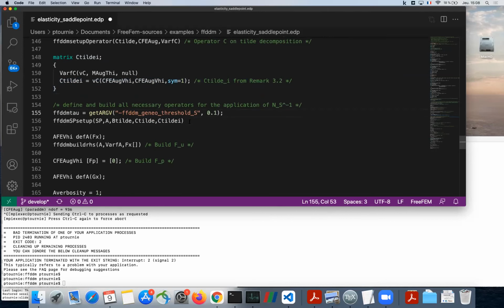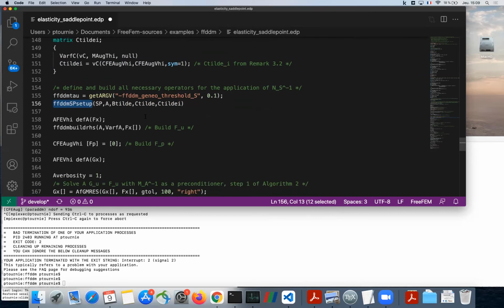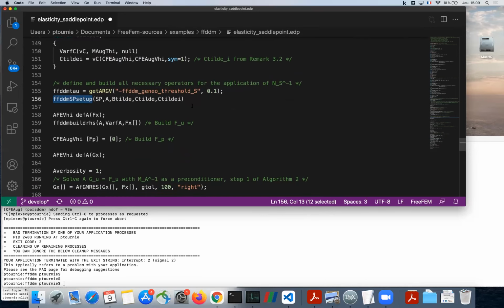Okay, and now the non-standard new stuff is embedded in this macro, which is also written entirely in the FreeFem script. So if you want to understand how we implemented it, you can look that up. But for now, we hide it from the user, so if you want to use this script, you don't have to go through hundreds of lines of code to understand how the method is implemented.